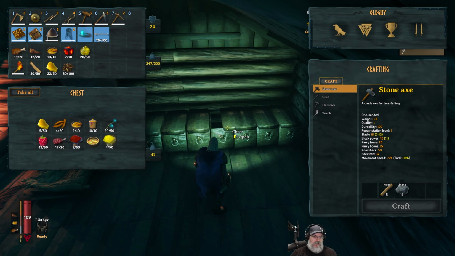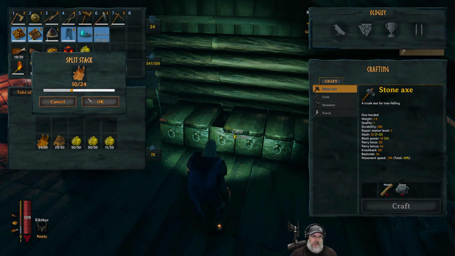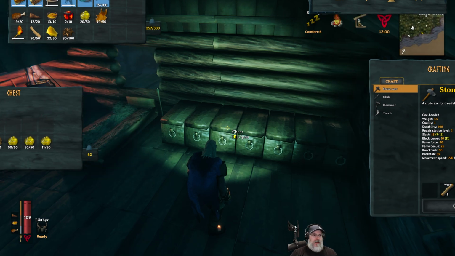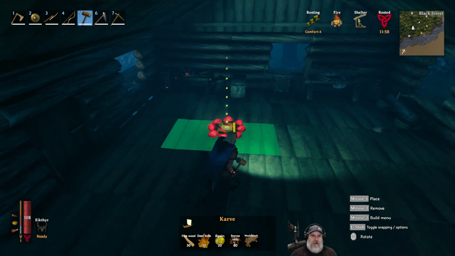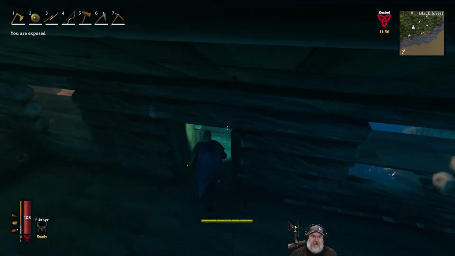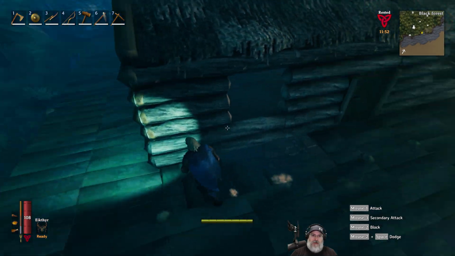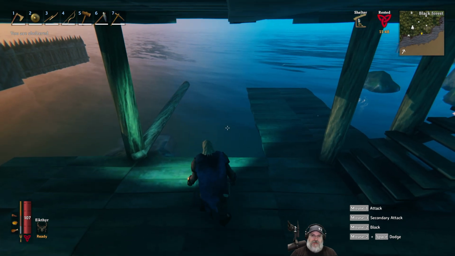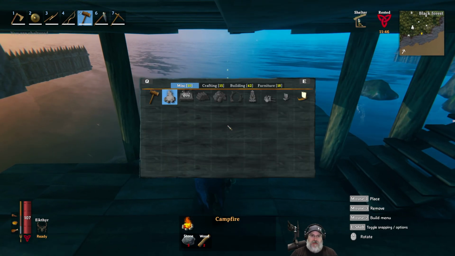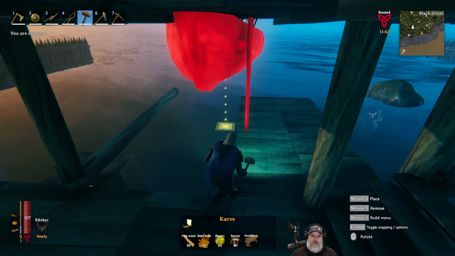And deer hide's going to be here. 10 of those. Okay, I think that gives us everything we need to make the karve. Yep, sure enough. All right, let's go out to our dock here and put the ship in the water. This is my very first time with a sailing vessel in this game. I didn't even bother making the raft because a lot of people were saying it's crap and not even to bother with it. So,